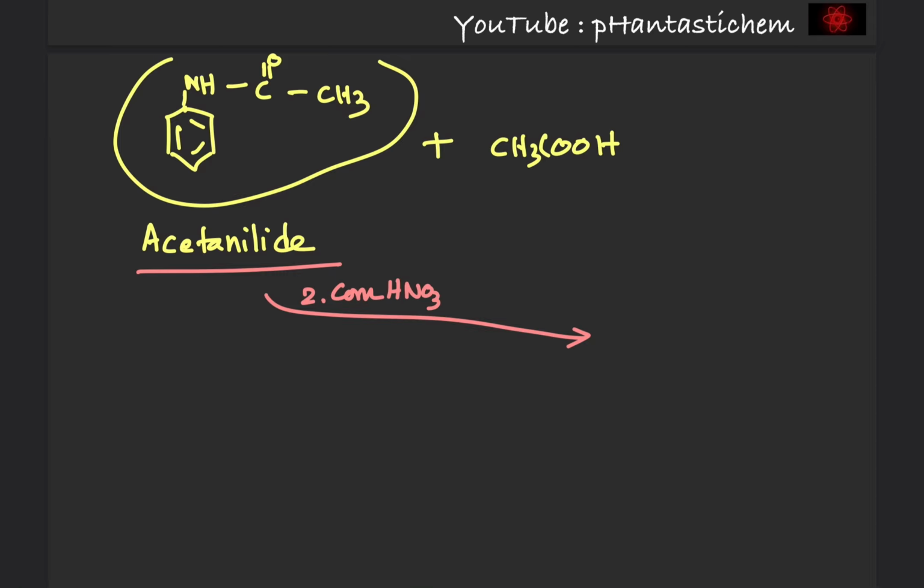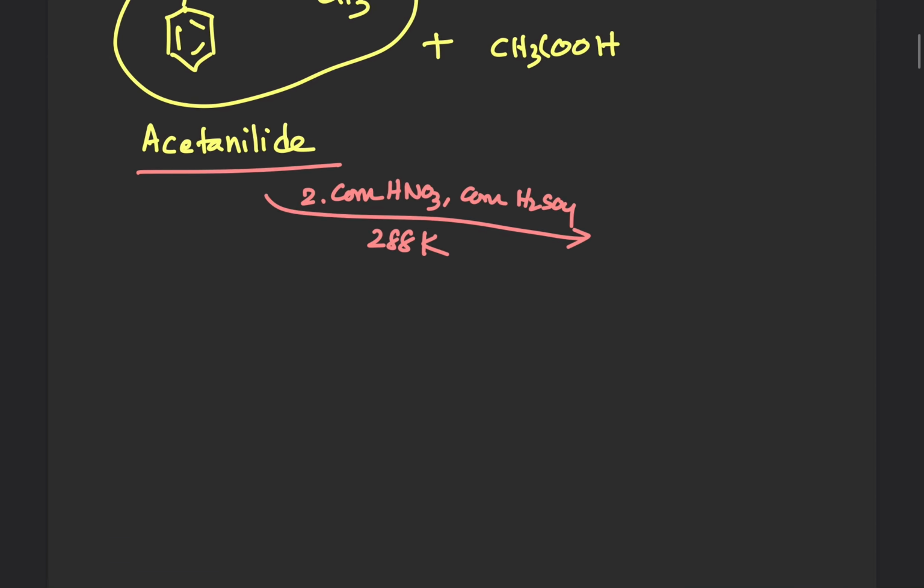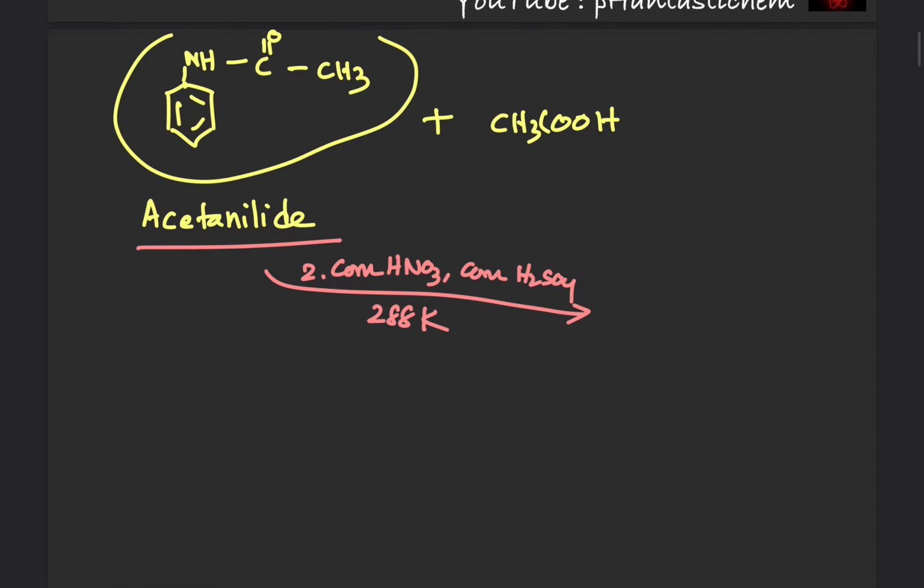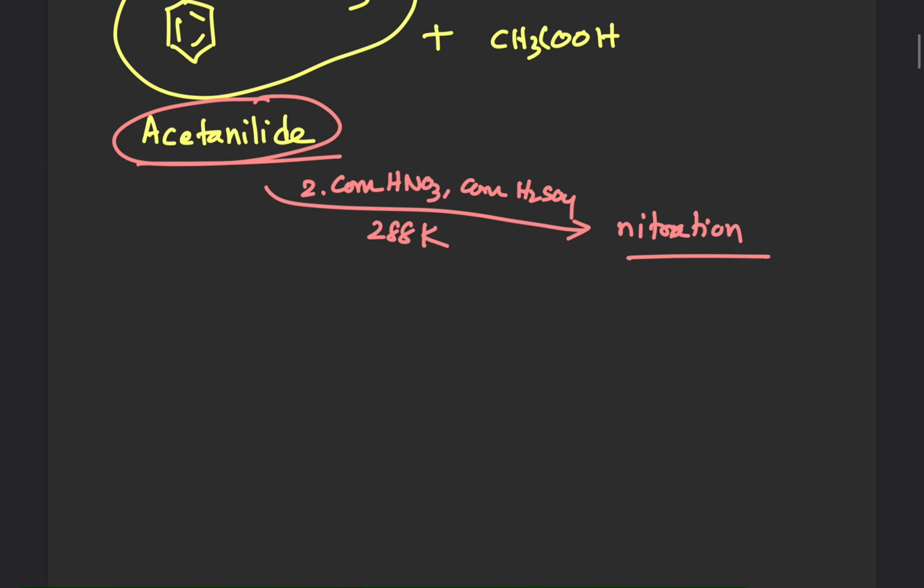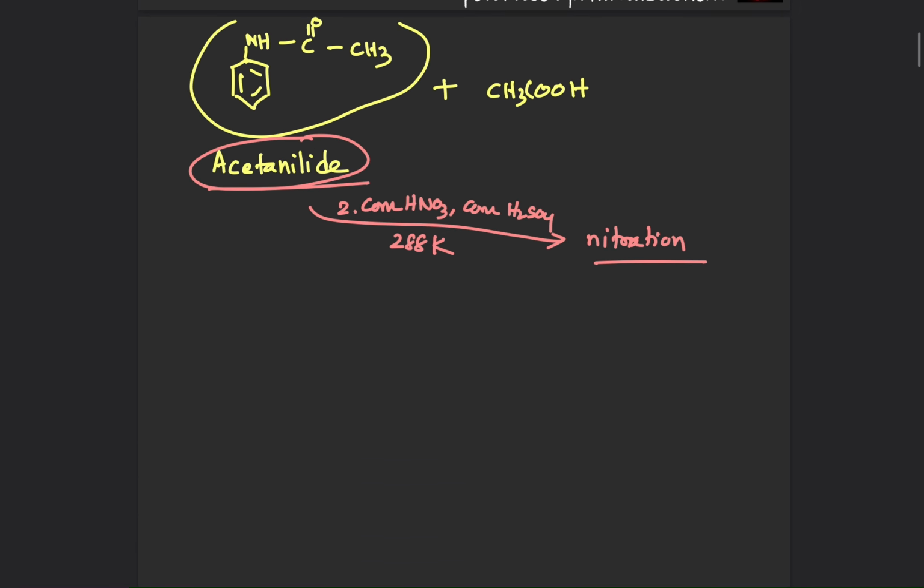Cool. Then we are subjecting this acetanilide to the second set of conditions, which are concentrated HNO3, concentrated H2SO4, and also the temperature is around 288 Kelvin. Okay, so basically we are doing its nitration using this reaction. So we are doing the nitration of acetanilide. Okay, so therefore we will get